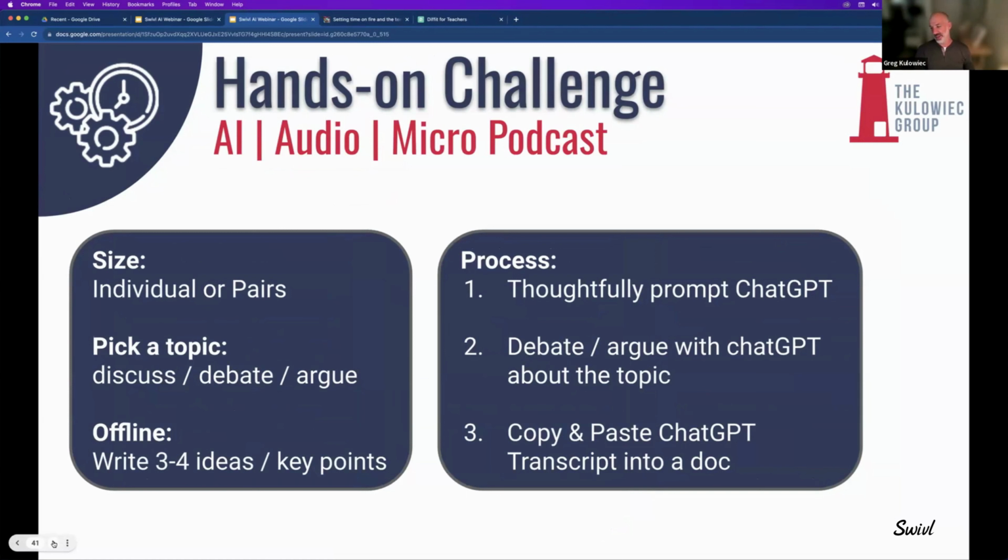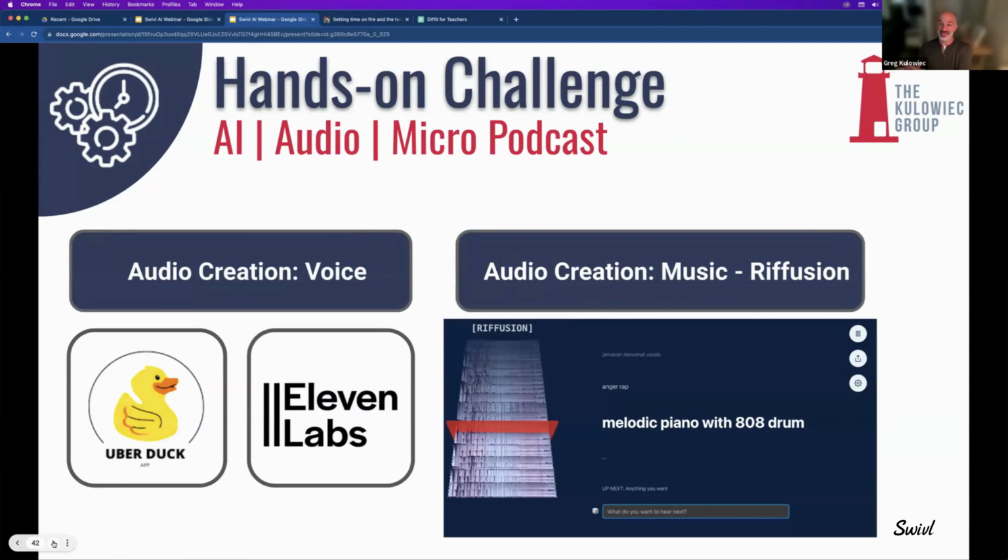One of my favorite examples is students that I worked with where they got to pick a topic. They prepared 3 to 4 key arguments about that topic, and then they debated with ChatGPT. They had to write a really thoughtful prompt and have a back and forth with ChatGPT. They then took the text of the back and forth, dropped it into 11 Labs or UberDuck, turned it into audio, recorded their arguments, and then edited it down in GarageBand, Audacity, Soundtrap, whatever they wanted to use, and made their own custom background music. So they created these 4 or 5 minute podcast episodes debating a concept, but the expert was ChatGPT, text converted into audio.